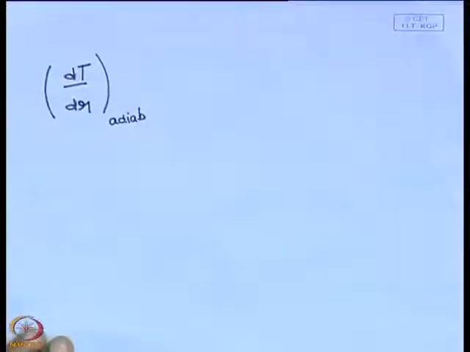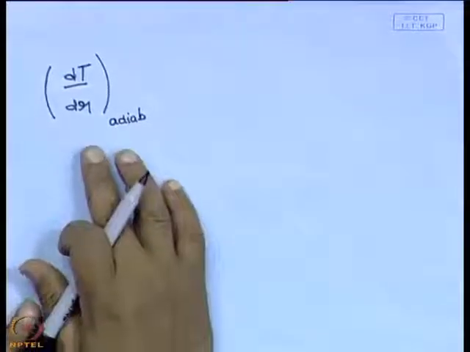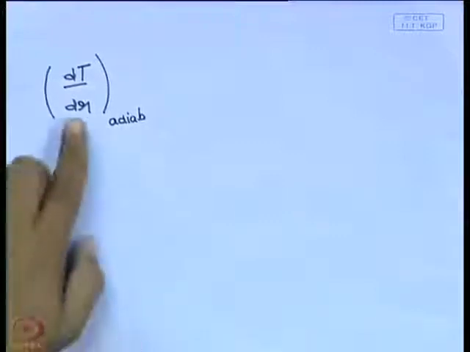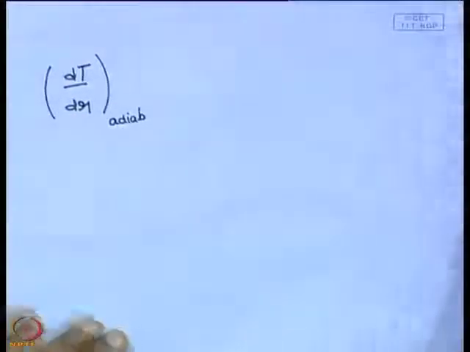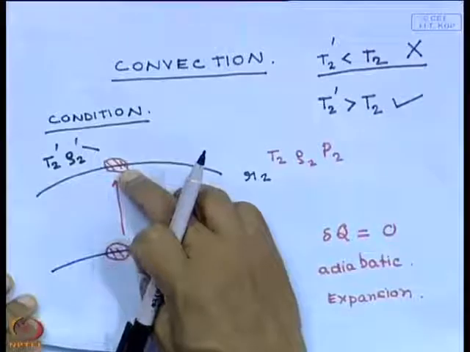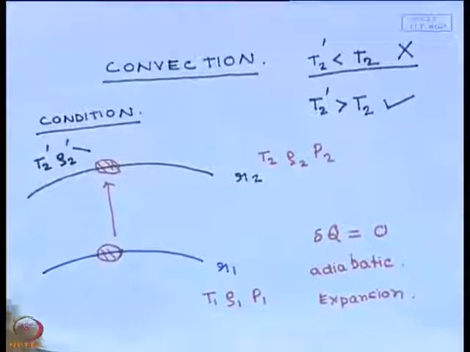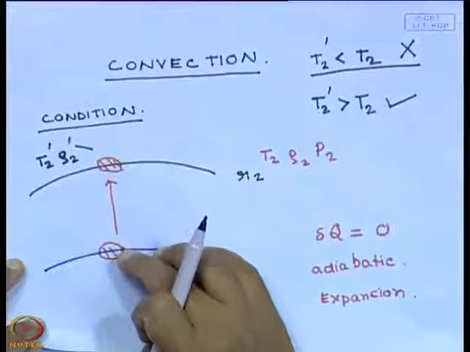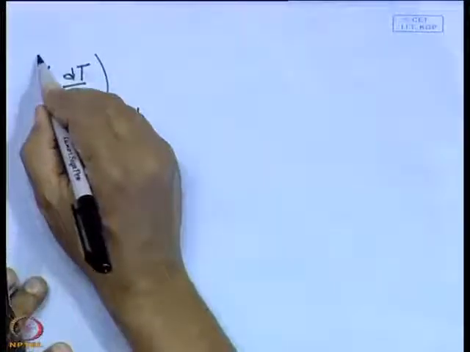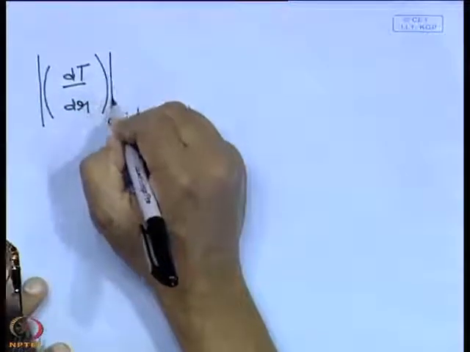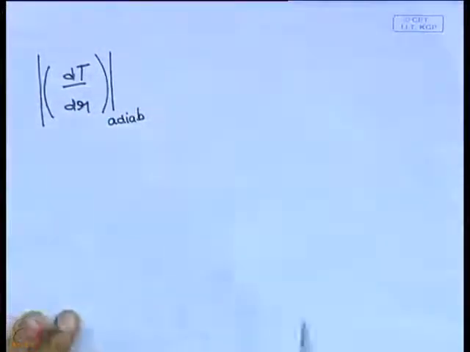We know that this is going to be a negative quantity. The rate of change of temperature as it moves outwards is going to be negative; the temperature here is going to be less than the temperature here. So, we will look at the mod of this and we will compare it to the rate at which the ambient temperature changes